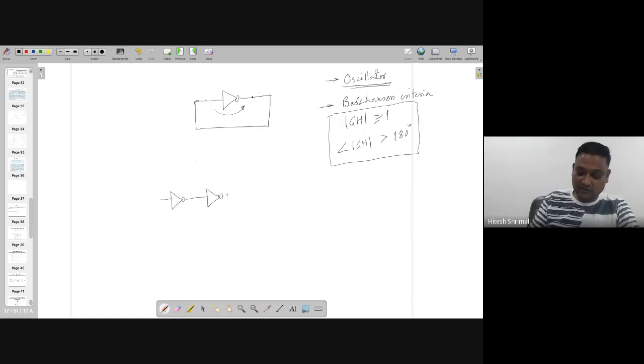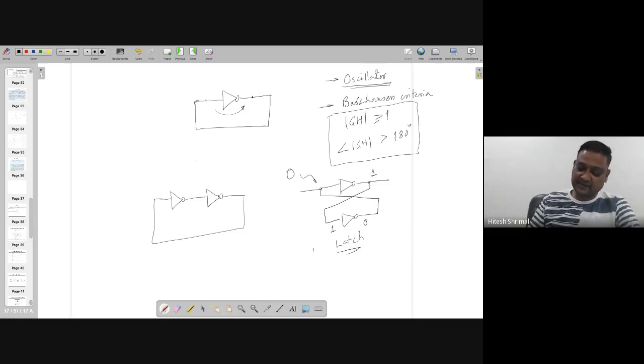However, if you take an even number of inverters, exactly like this, you must have seen it like this, then such a circuit is known as the latch circuit. It will latch whatever input is given. Like here, if I forcefully give some input 0, then this is going to 1, this is 1, and this is 0. So it will latch the input, and the input will never go anywhere. So you can say that it's a good circuit in terms of writing.